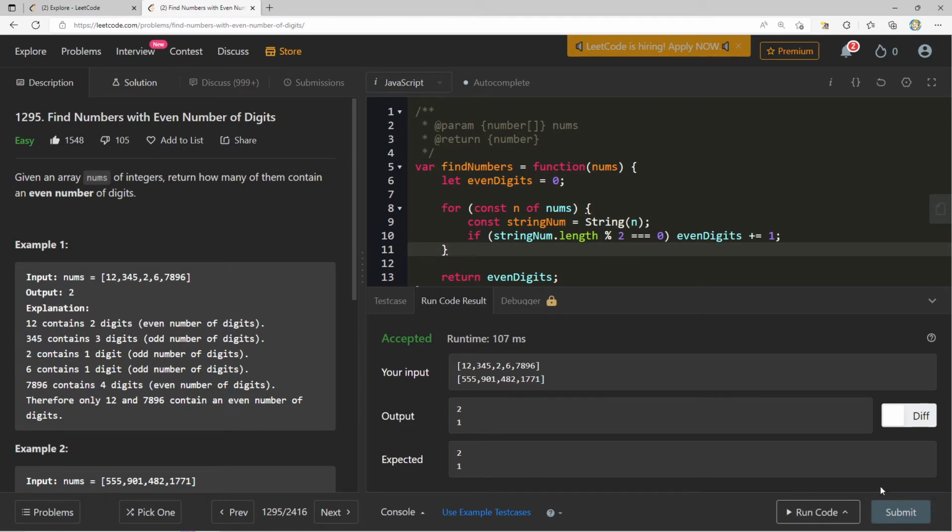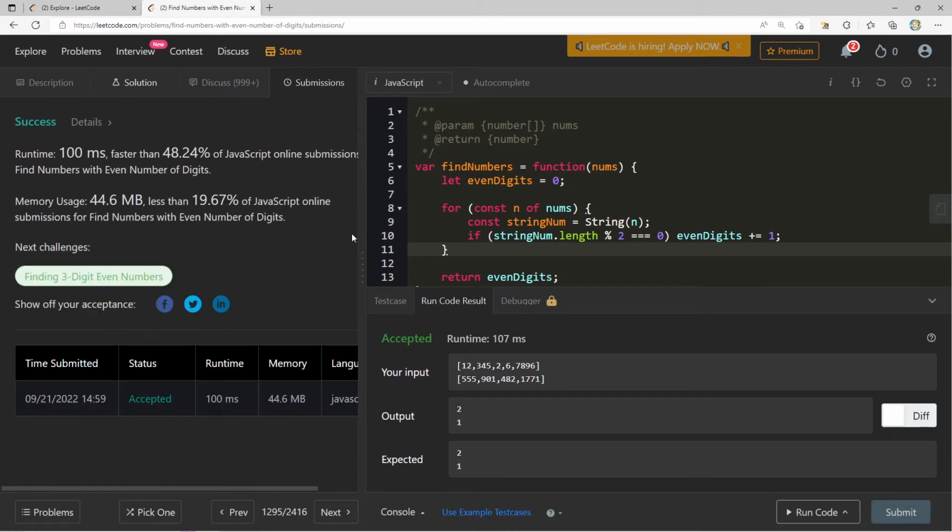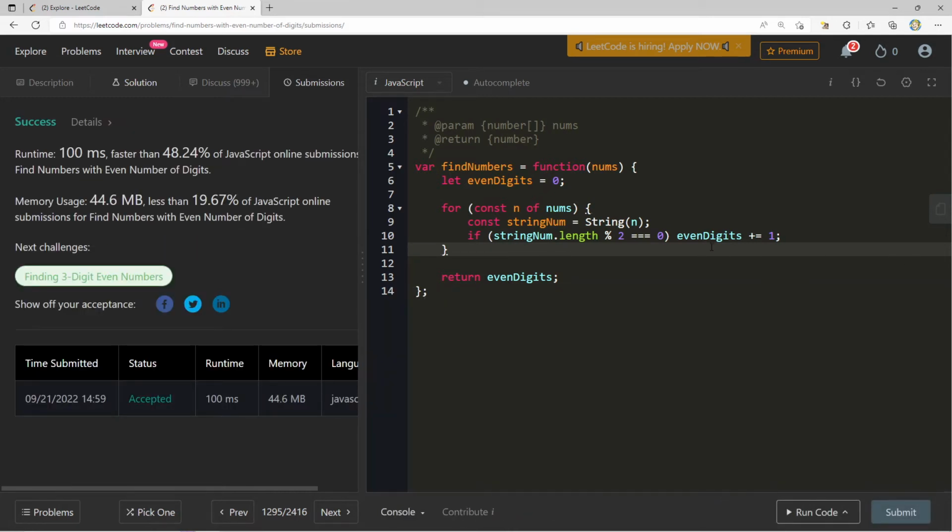So 2 and 1. If we go ahead and submit this, let's see what we get. All right, so we get the right answer. Everything looks okay. But if we think about the time and space complexity of this, I'm actually very curious to see